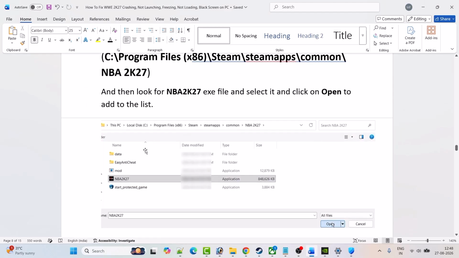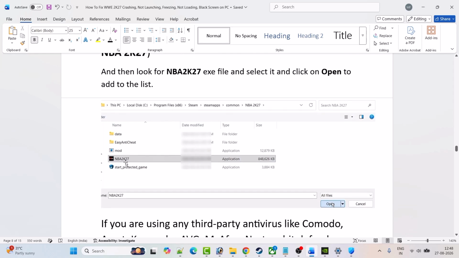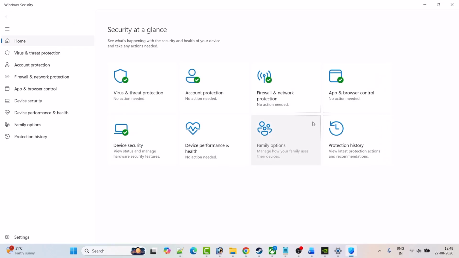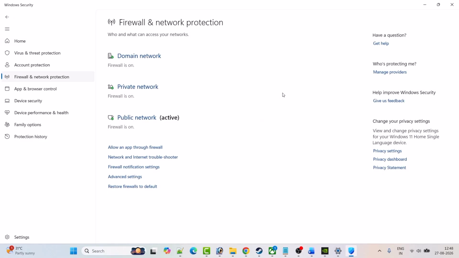So you have to browse to the C drive, program files x86, Steam, Steam apps, common, open the NBA 2K27 game folder, select this NBA 2K27 exe file and then click on open to add it to the list. Now go back, click on firewall and network protection, click on allow app through firewall, click on change settings,